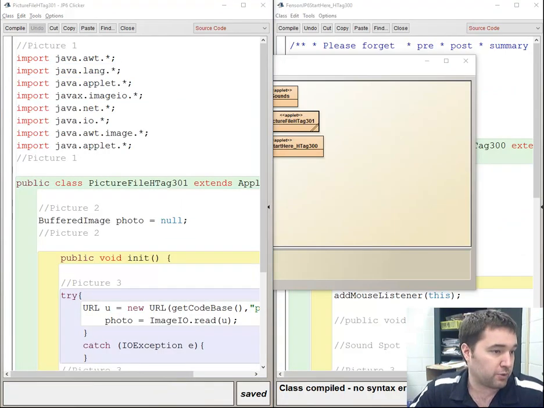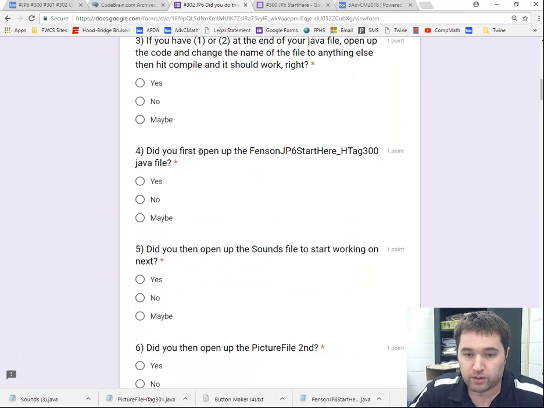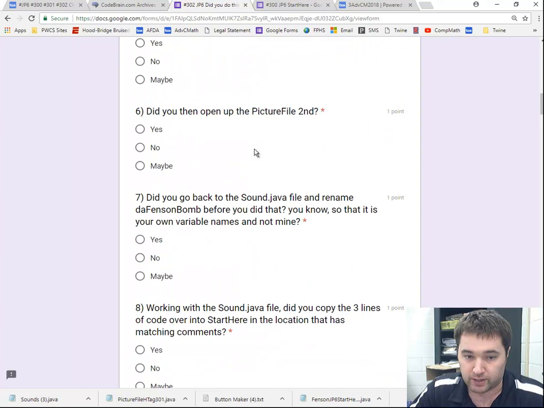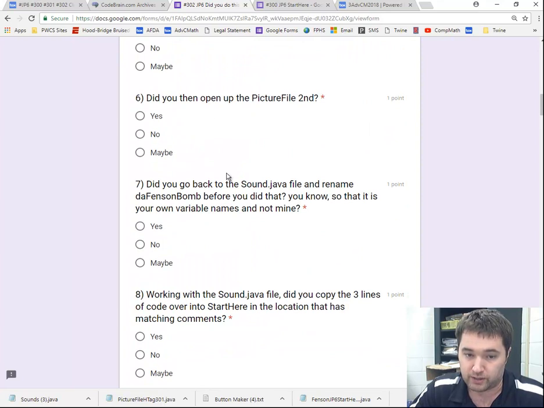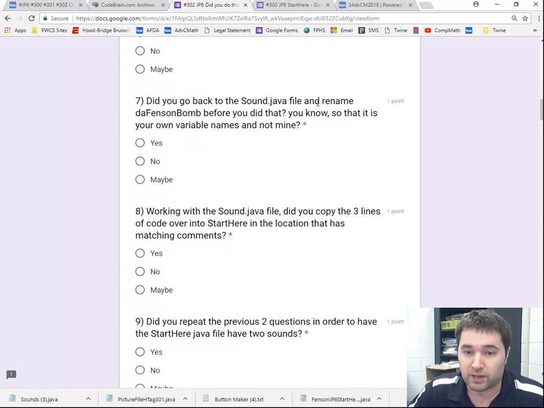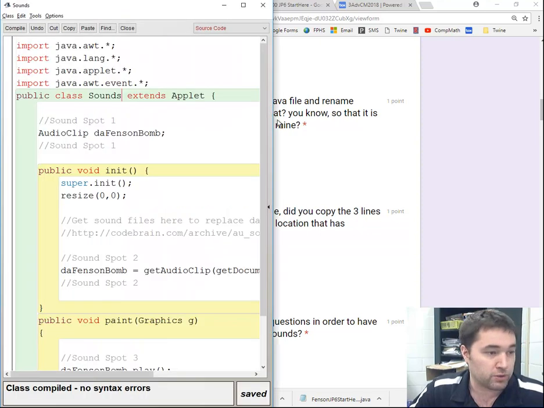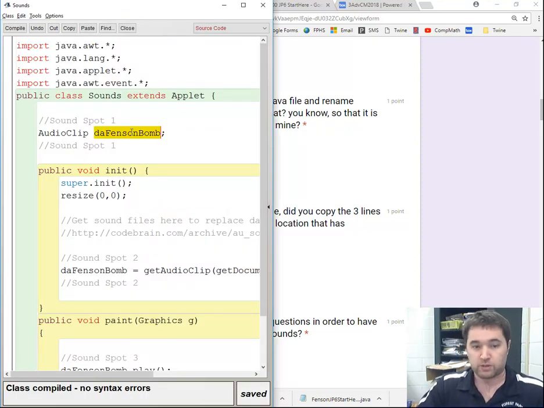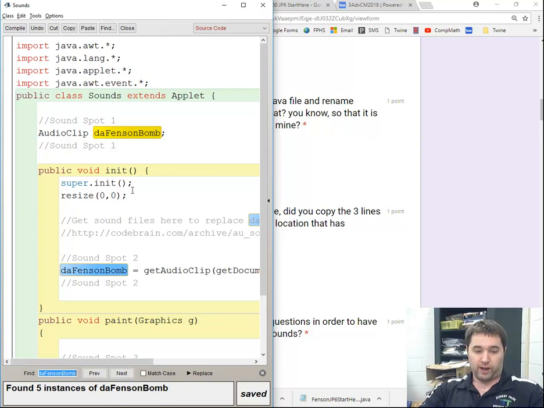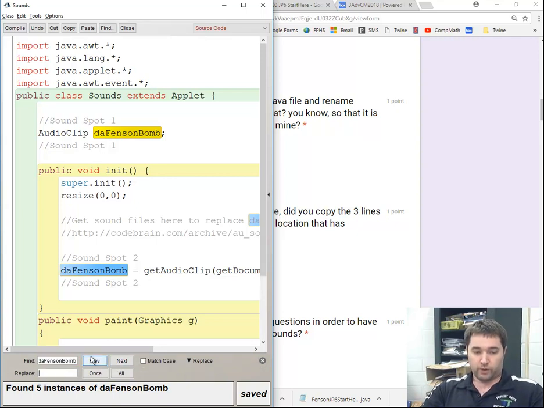And so now if I go back to 302, we did this. Did I open up Start Here first? Yes. Did I open up Sounds next? Yes. Did I then open up Picture file? Yes. Go back to the sound.java, rename AdvCM bomb, because I'm the bomb diggity, yo, and change it to something else. So we're going to go to Sounds, and we're going to double click on AdvCM bomb, Control C, Control F, click Replace, and we're going to change AdvCM bomb to the amazing, genius, super smart